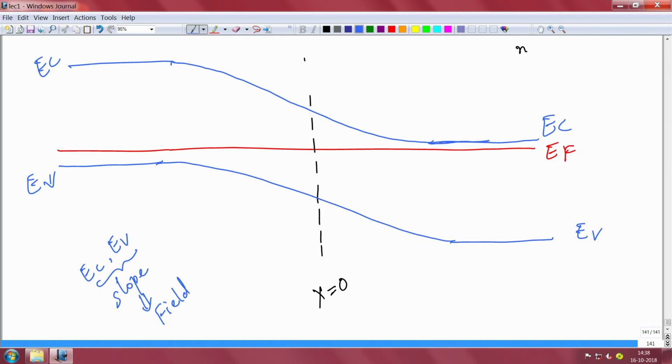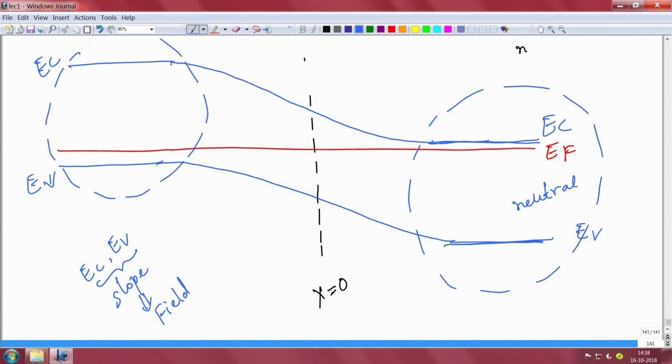Is there a slope here? No, there is no slope. Is there a slope here? Of course there is no slope. So this region is your neutral region that I had been talking about. There is no slope here, no slope here. This is your neutral region that I have been talking about. The slope exists in this region. If you look at this region carefully,